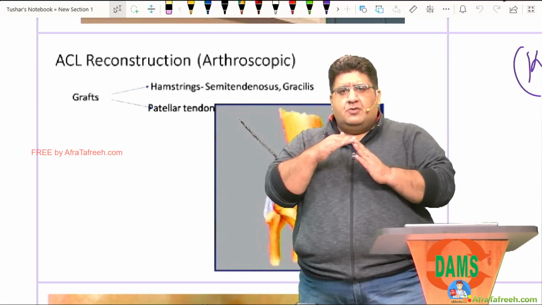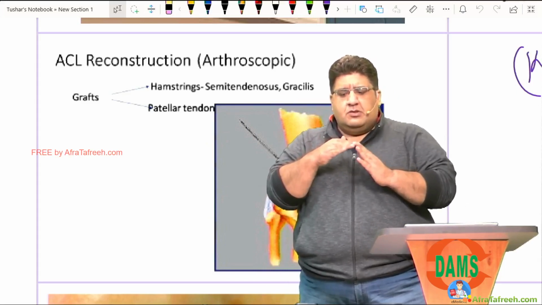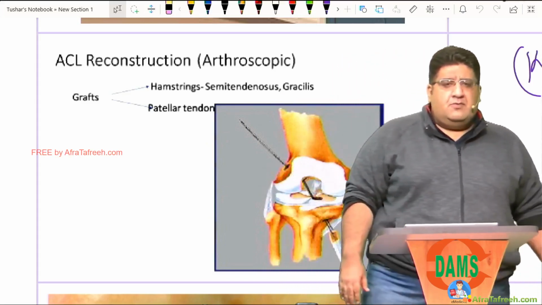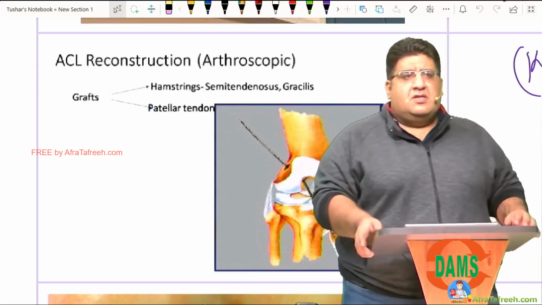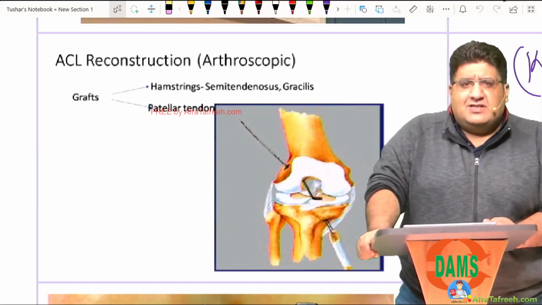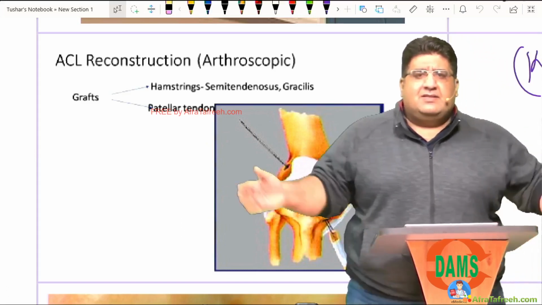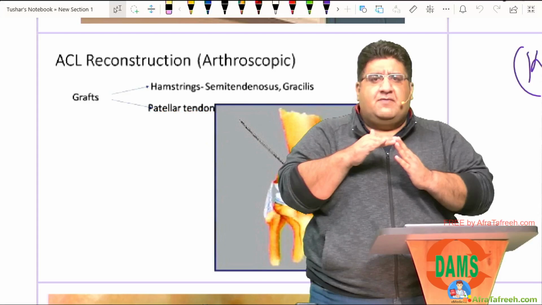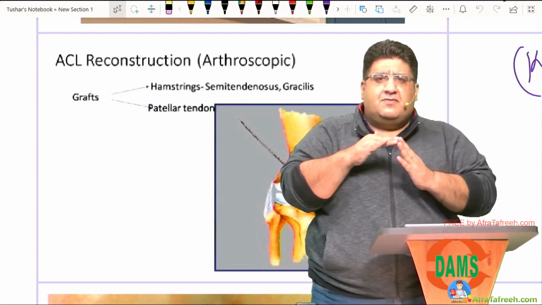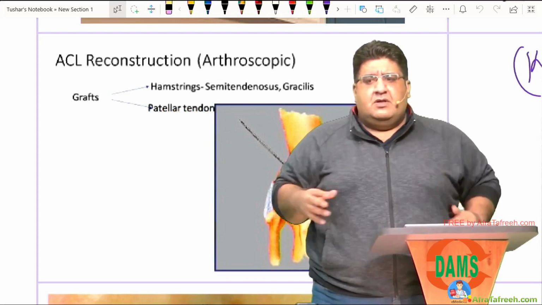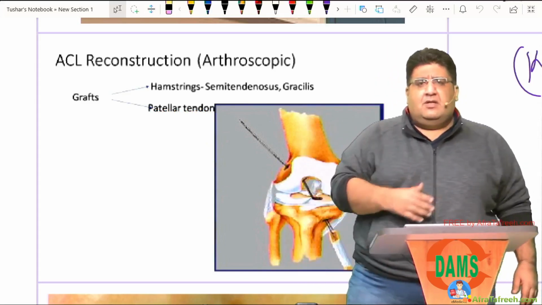He looked at me and he said, "Tushar, what do you think is this?" I said, "Sir, with knee in 90-degree flexion, anterior translation of tibia positive." He said, "Ma'am, if you don't mind, can you please lie down now?"